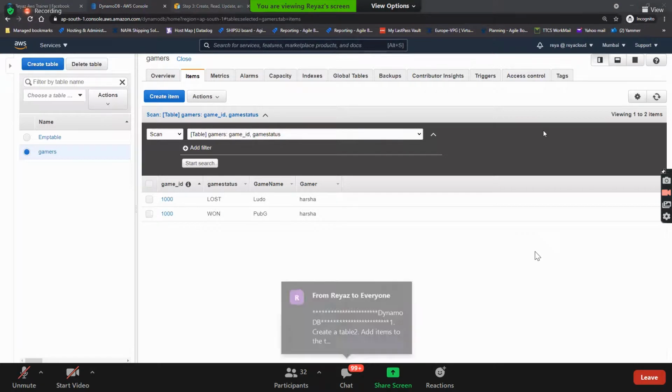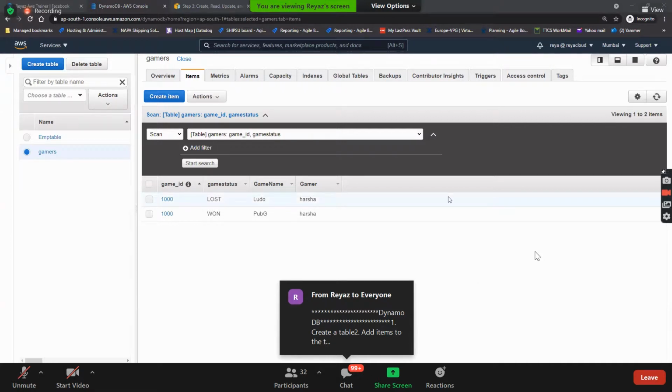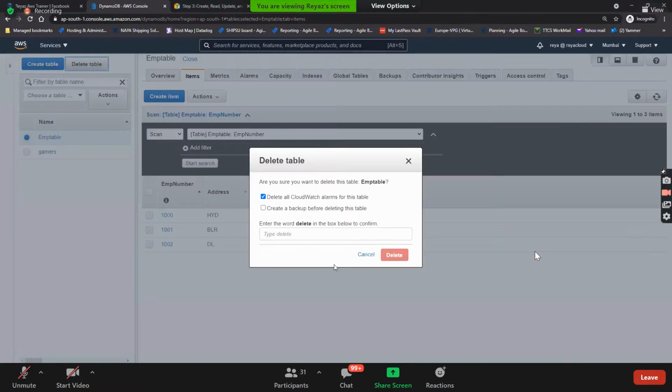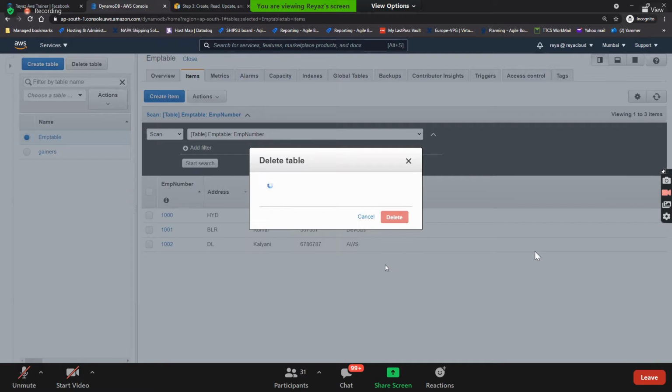So these are the tasks that you can give a try on what we did. I'm going and deleting the table. Guys, while deleting a table, delete all your CloudWatch alarms and don't create any backup, and then just go and click on delete.